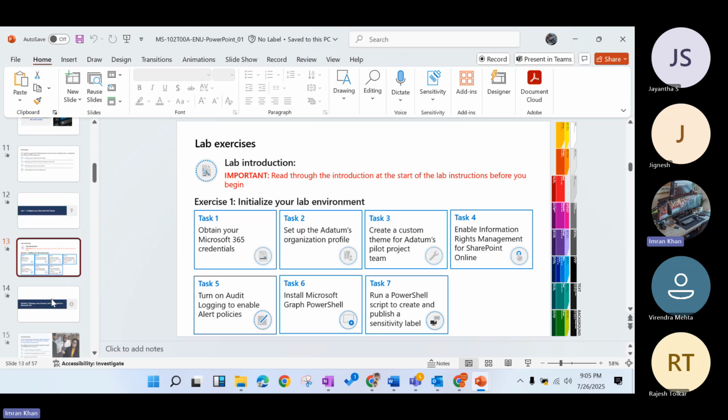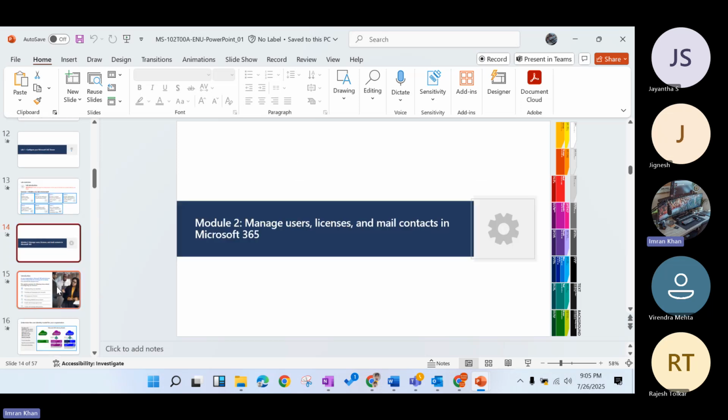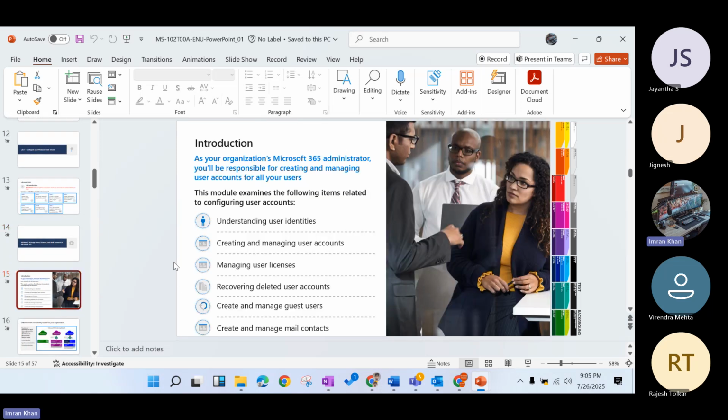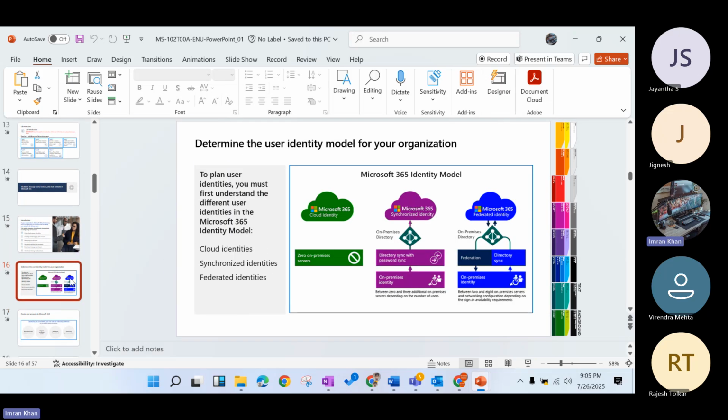And if you're not able to create one, I will create my own lab and share it with you. I will create the user account, but it's chargeable because I'm purchasing the license. I will share the credentials